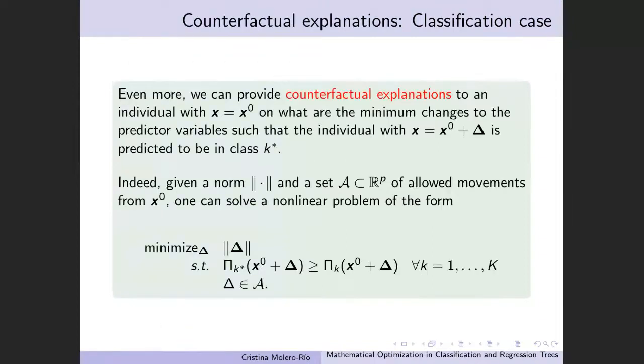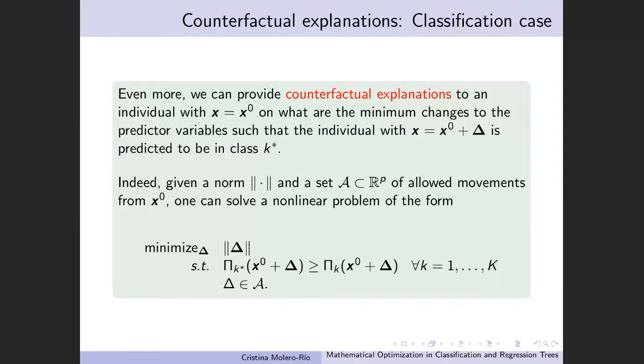Even more, we can also provide counterfactual explanations. We have an individual with predictor vector x0, and we wonder what are the minimum changes to the predictor variable such that the individual is predicted to be in another class k star. So indeed, if we define a norm and a set of allowed movement from x0, one can solve a nonlinear problem of the form